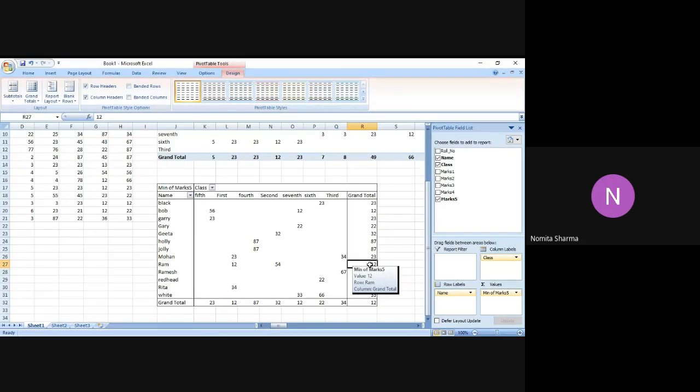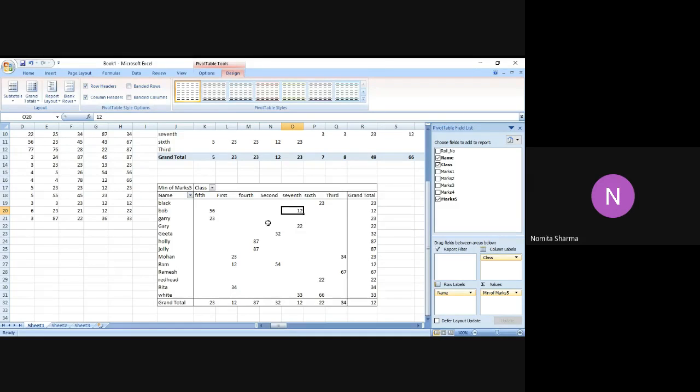In a similar manner, when I click on this particular cell, this window will appear only when there is a message to be shown. In the other cells, if you notice, that window is not appearing. Right now in 56, it is not appearing, but in 12 it will appear because 12 is the minimum marks of the lot.